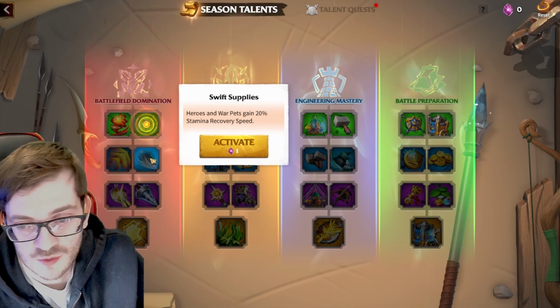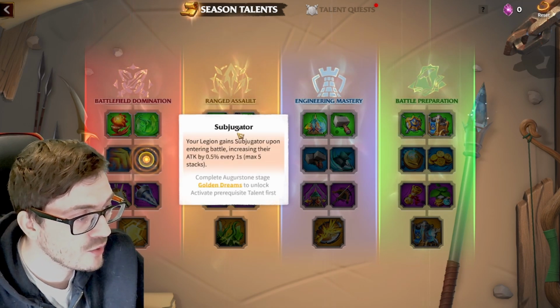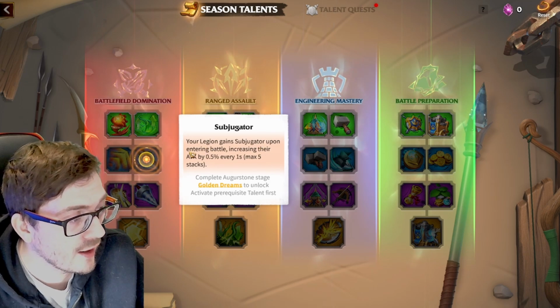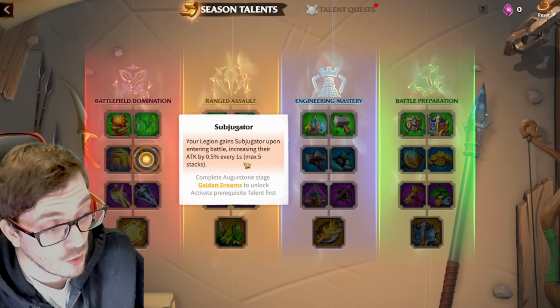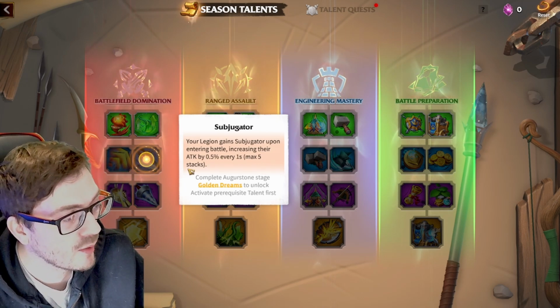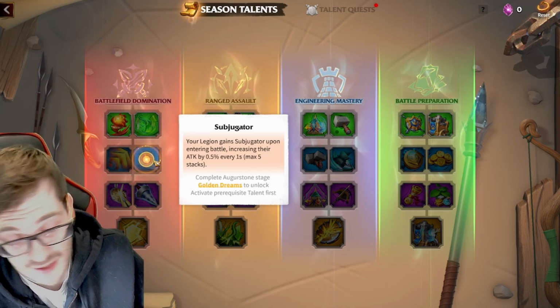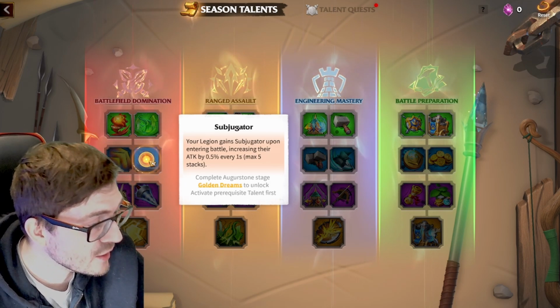But now we're getting into technically the first choice for the actual unit. So your Subjugator: your Legions gain Subjugator upon battle, increasing their attack by 0.5% every 1 second by a maximum of 5 seconds. I believe it's meant to be for your infantry,